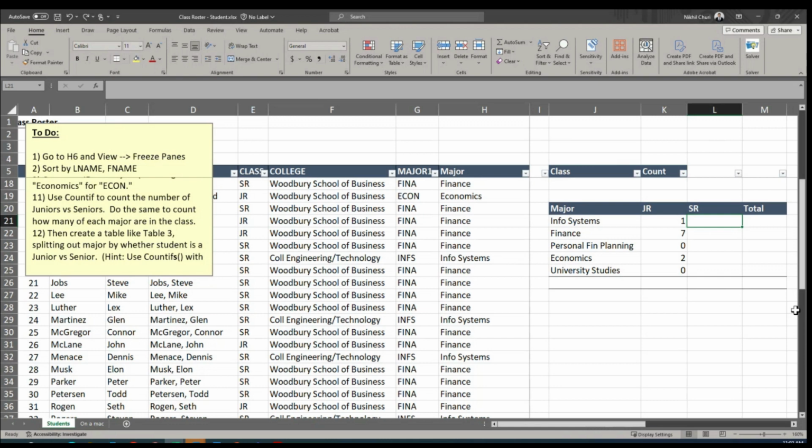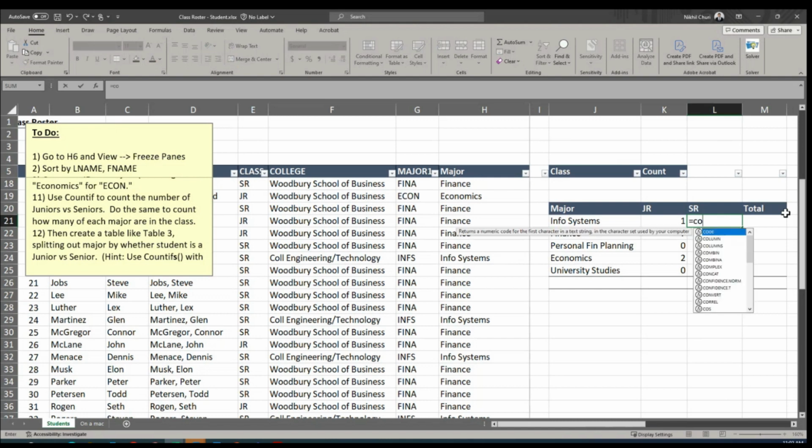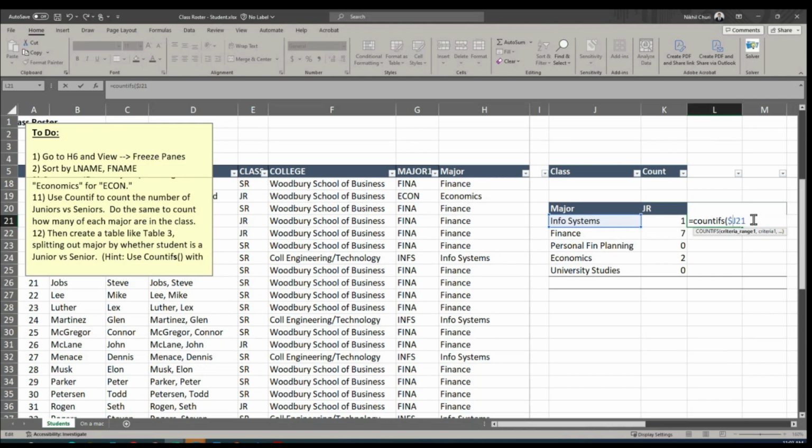Start again for the SR. So starting at cell L20. So this one, L21. So equals to COUNTIFS start. It is asking me for a first criteria. So I'm supposed to look at info systems, and just like what we did, I want this selection in J to be constant. Again, that should be locked down. So this is your relative reference. I'm going to change it to absolute reference for J only by adding a dollar in front. I'll leave the 21 as is, no change. Oh, sorry, I went too far. So going back, let me just restart everything. Equals to